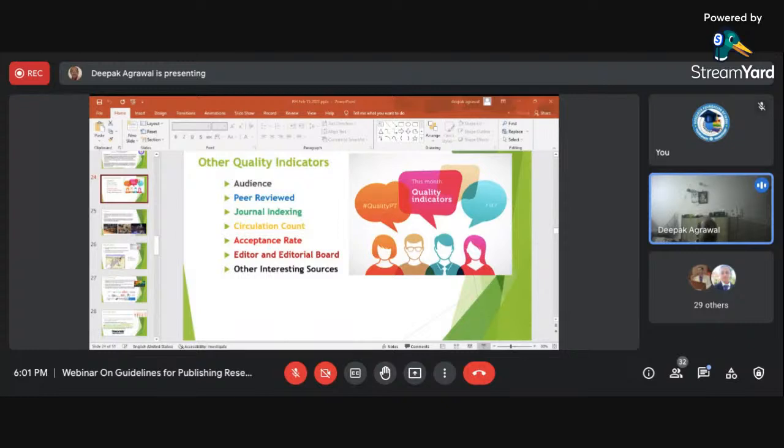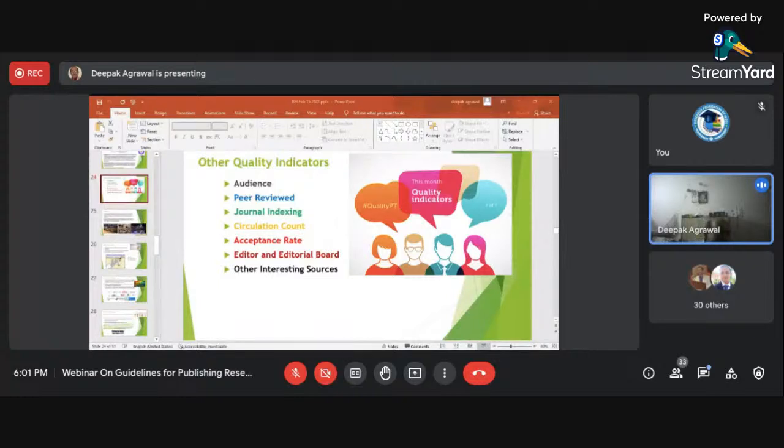The requirement of the students will be different. Your peer group will be different. Your colleagues may be different. If you are presenting your paper in any international conference, it will be different. If you are presenting your work to the industries, it will be different. To the government, again, it will be different. So while preparing the paper, you need to focus on for whom we are going to prepare this paper.